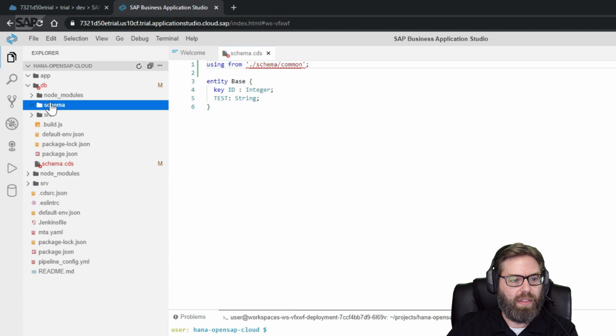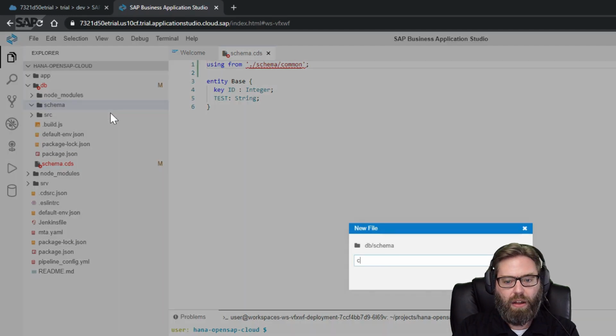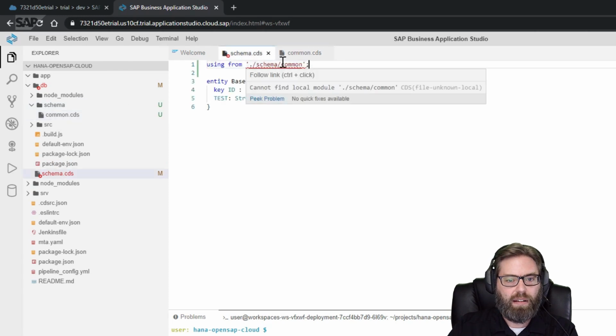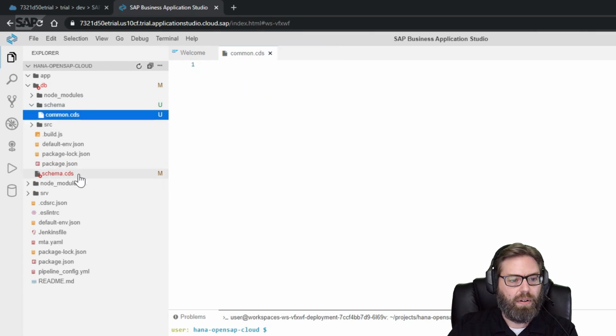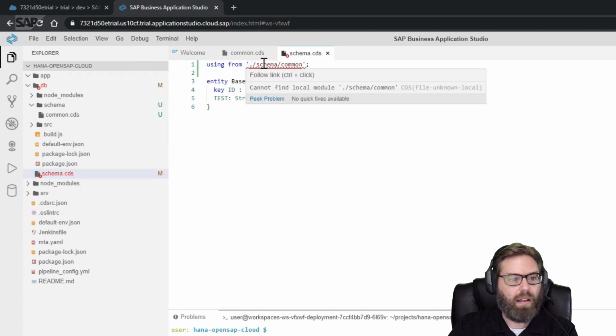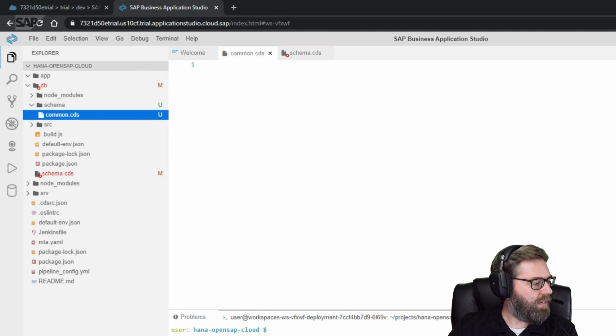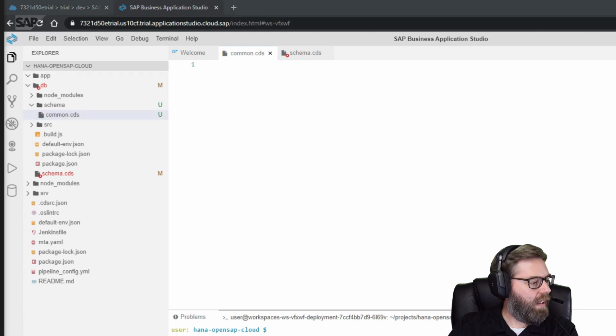And then within there, let's create a new file named common.cds. And what we should see is, if I reload, and maybe because I don't have anything in there yet, it hasn't gone away. Let's go ahead over here to common and